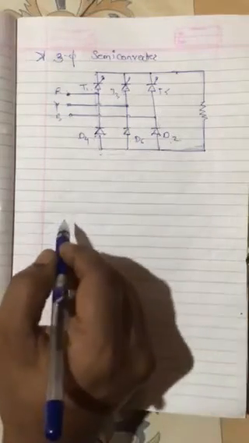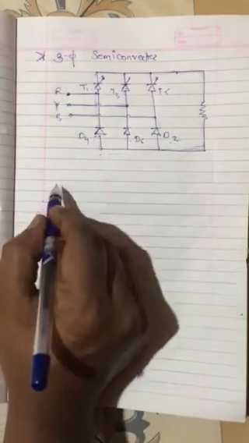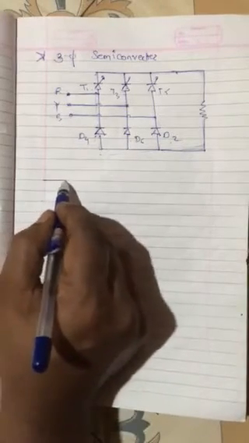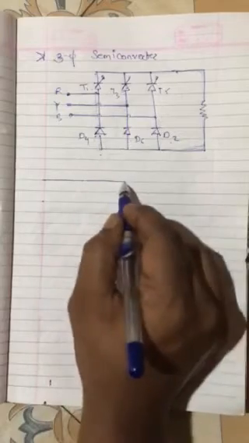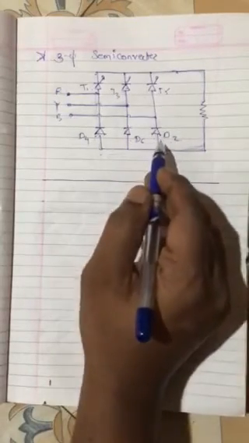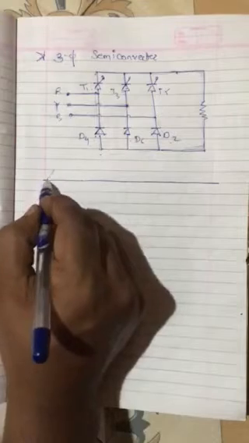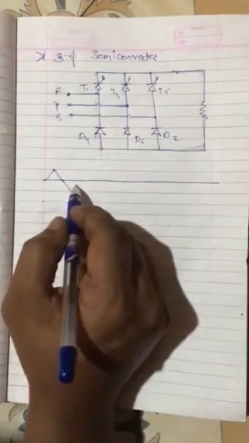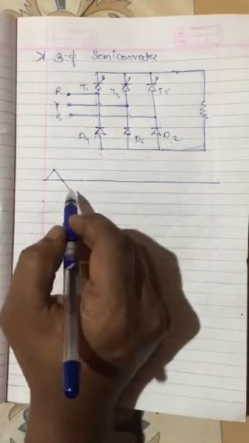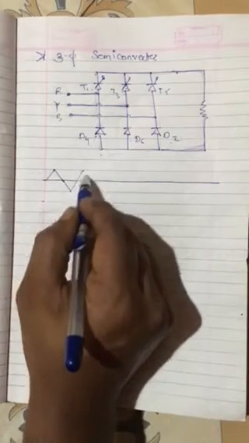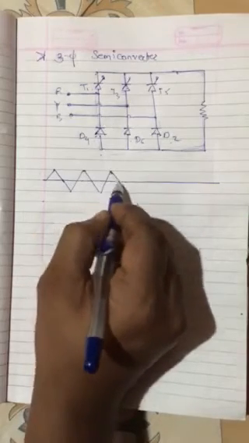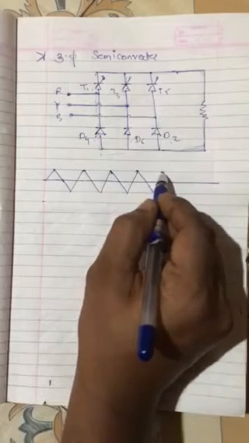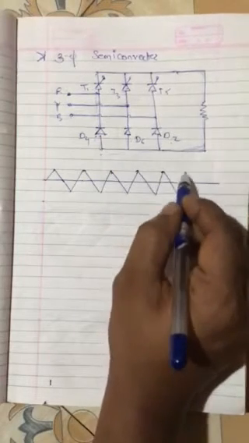Now we will study the waveform. We will draw phase voltages and line voltages both. As this is the first of its type, I will explain in detail. When we draw phase voltages, R, Y, B, three phases will be there. The technique to draw the waveform is like this. For line voltages, we will have six combinations: R, Y, Y, B, B, R, like that.